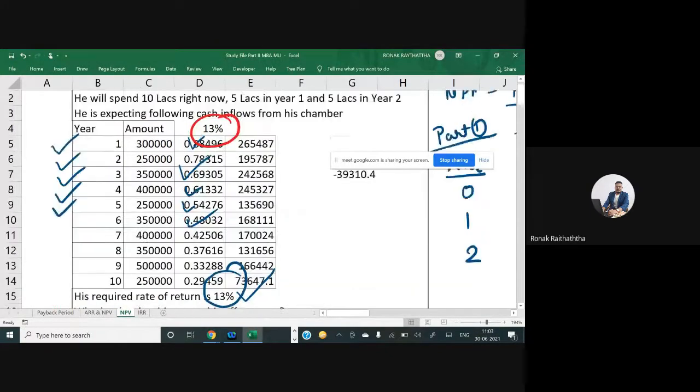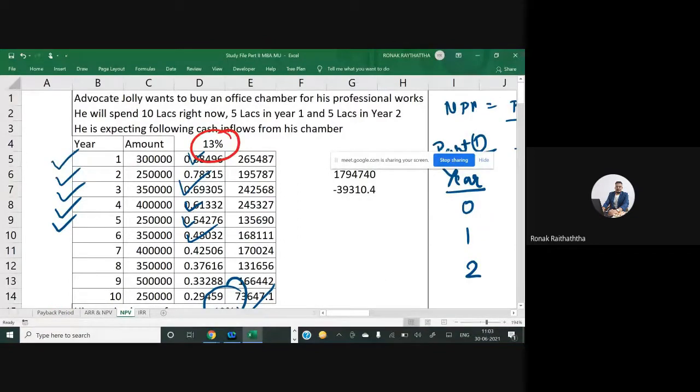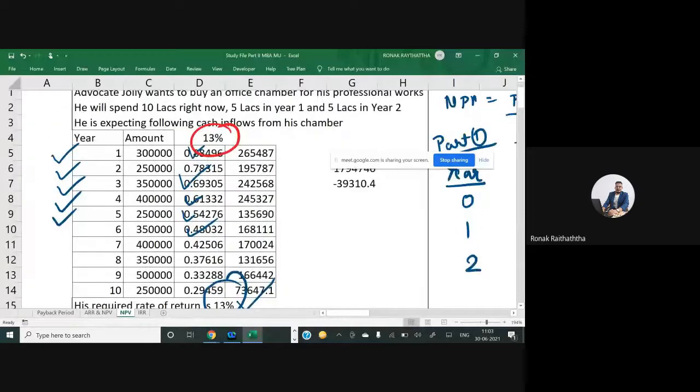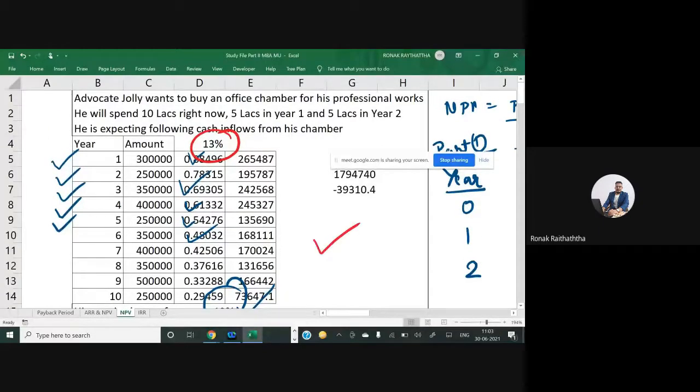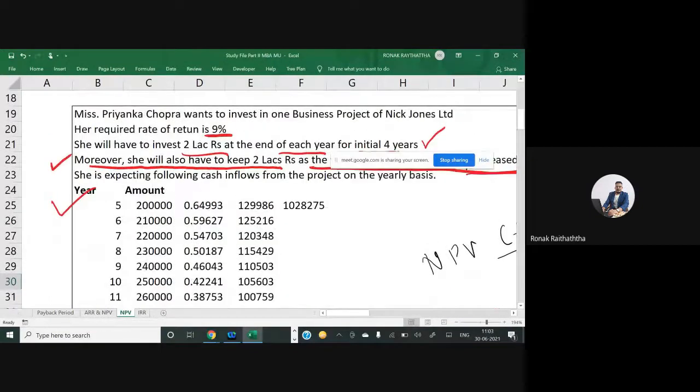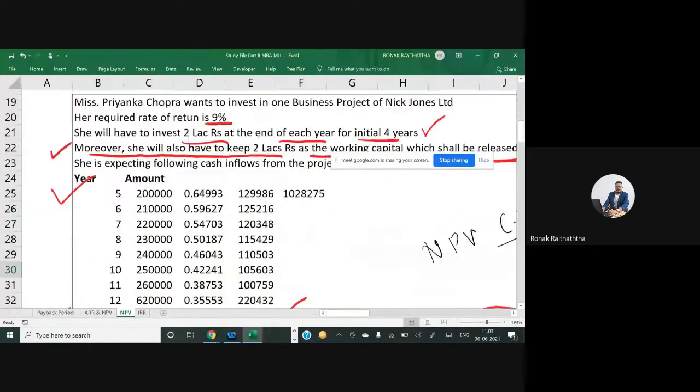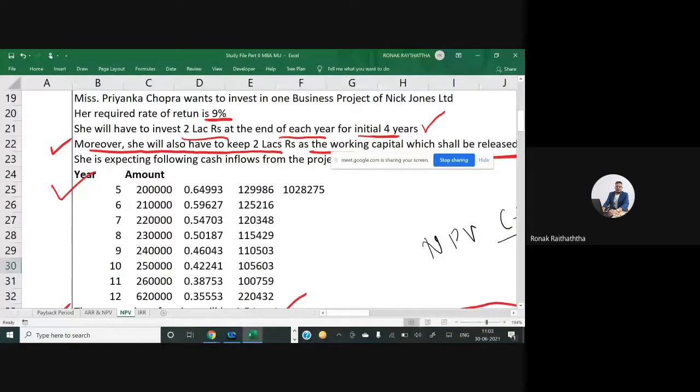But friends, what if I tell you what is the exact rate of return you have got from this project in percentage? If I assume that these are going to be my cash inflows and outflows, it's pretty much understood that at 13%, the first project was rejected because it was not satisfying 13%. Then what was the exact rate of return from that? Similarly, in the last question we had taken, we could see that 9% was easily satisfied. We had accepted the project. But what is the exact rate of return I have got from this?